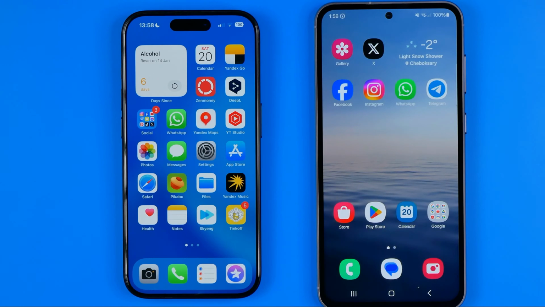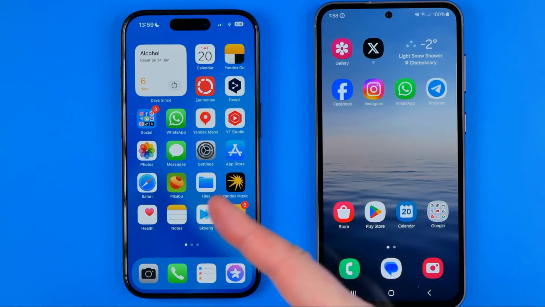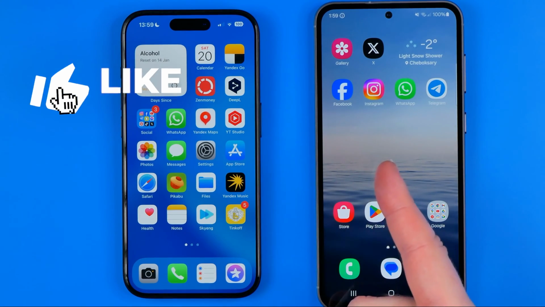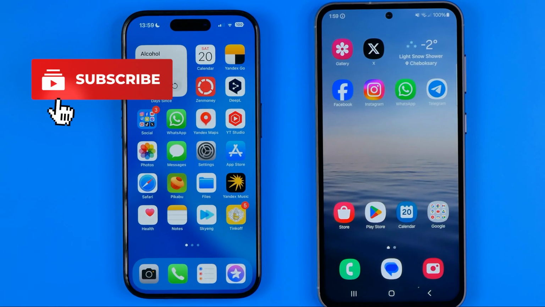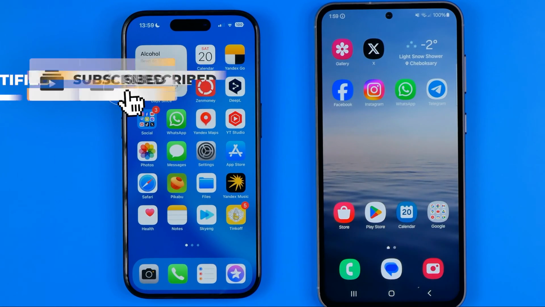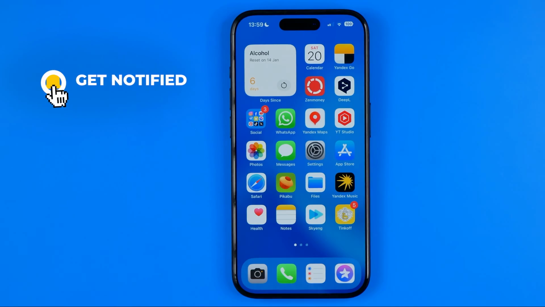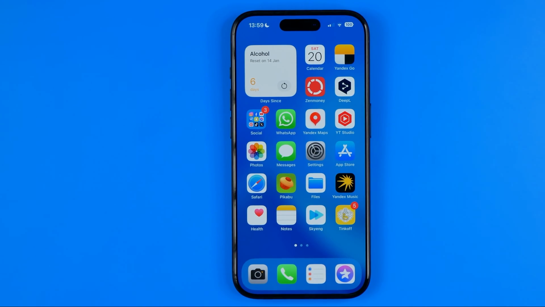In this video, I'm going to show you how you can easily allow camera access to TikTok app on iPhone and Android. Be sure to watch the video to the very end so you don't make any mistakes. Let's get started, guys. I'm gonna show you all the process from the beginning, and first off, on iPhone we